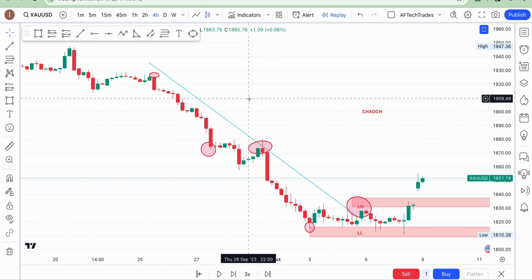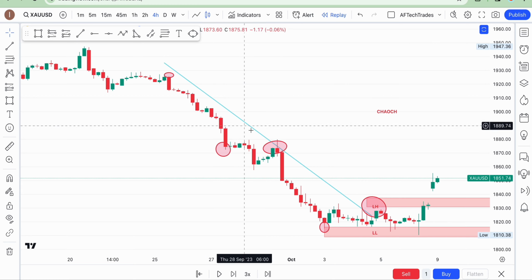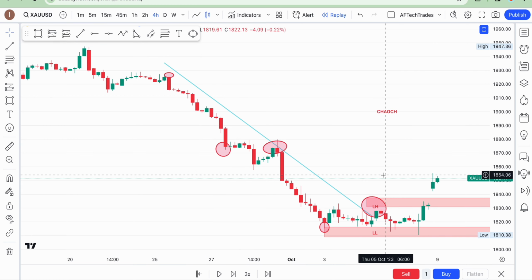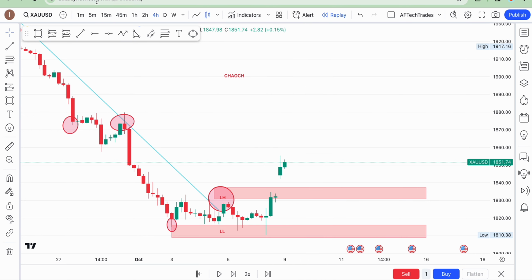If you go back to the market trend, it was in a downtrend. That is why we draw this our trend line, right? So what are you supposed to do in this situation? You are to enter for a buy market. This is an opportunity for you to enter for a buy market and follow the big boys, the big banks, and to trade, right? So you will be entering for a buy market.